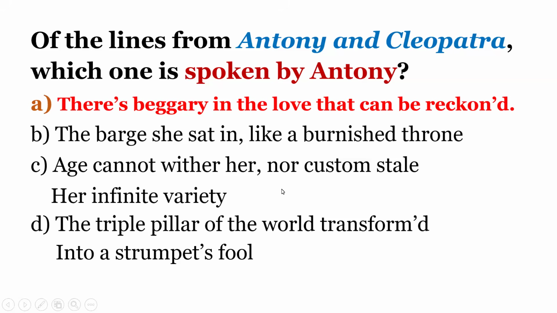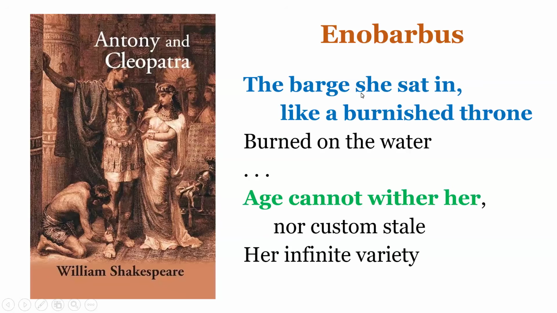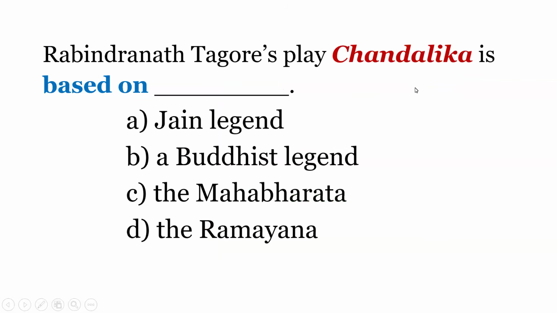But the middle two options are interesting. The barge she sat in like a burnished throne burned on the water. Or the next line, age cannot wither her, nor custom stale her infinite variety. These are uttered by Enobarbus, a famous character in Shakespeare's Antony and Cleopatra. Next question. Rabindranath Tagore's play Chandalika is based on option A, Jain legend, B, a Buddhist legend, C,